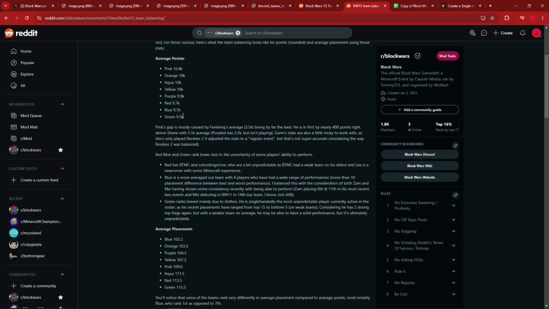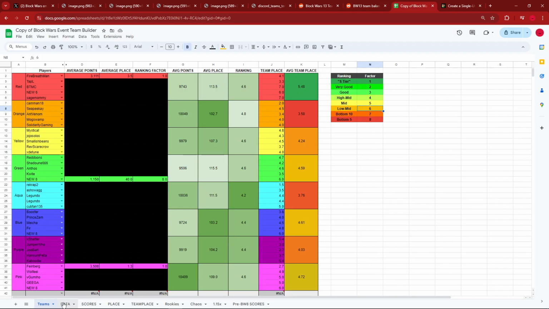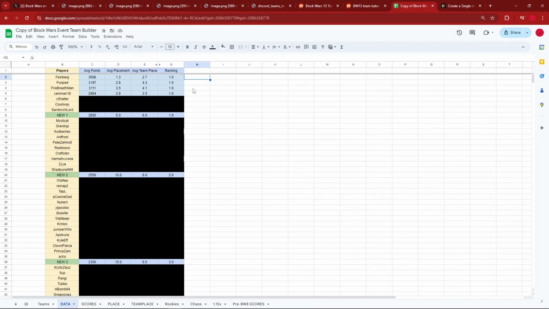Blue team next. Looks weak in terms of average points, but you'll notice in average placements they are in first. I'll explain how that works. They are a team without an S tier. What happens with S tiers in Blockwars, and I think this data sheet here will showcase it pretty well, is they usually get a marginally higher amount of points, like in terms of average placement to average points ratio, because they're kind of carrying a team, right? They're gaining the most points for their team to be able to perform well,